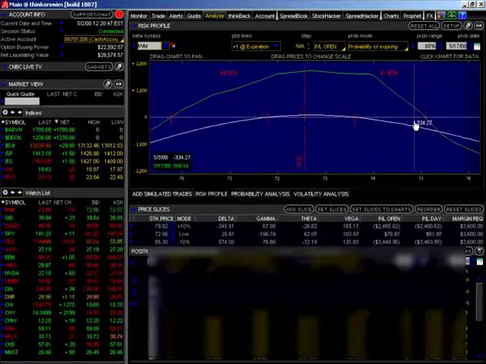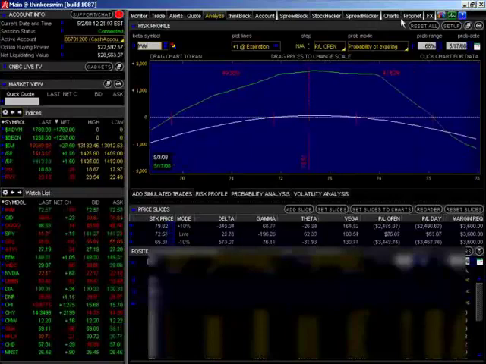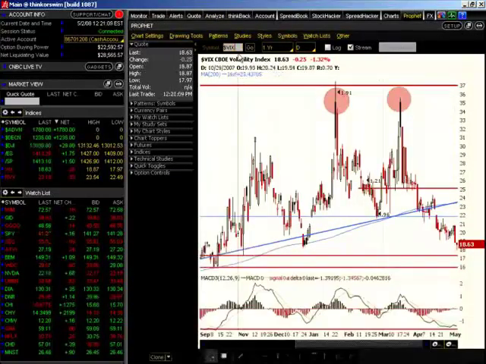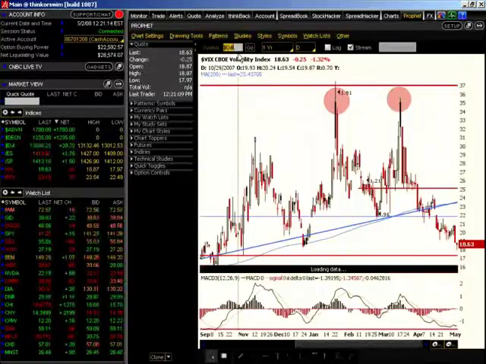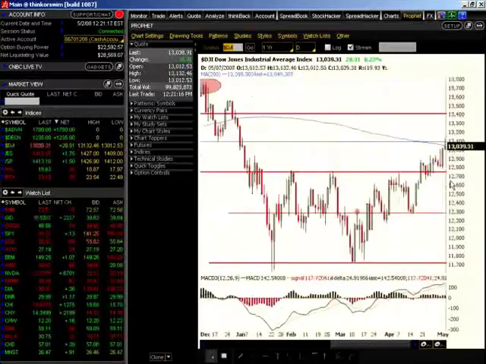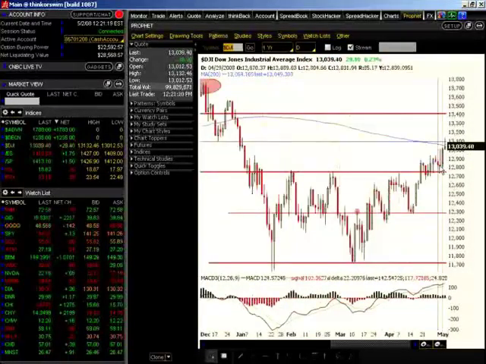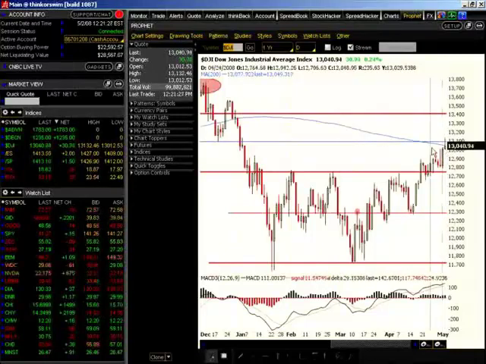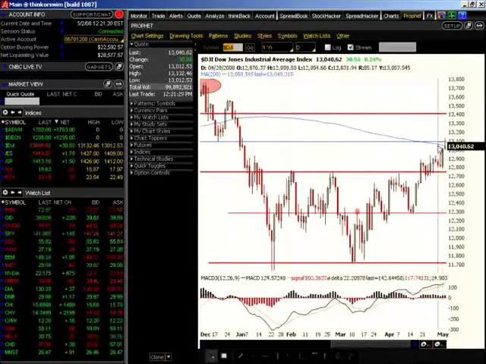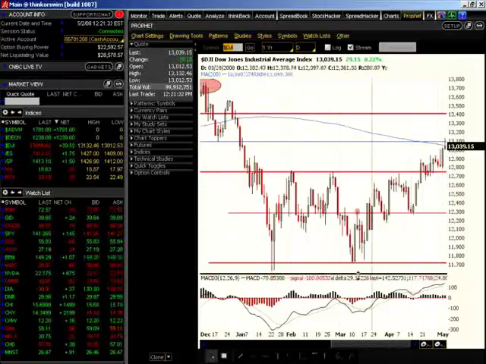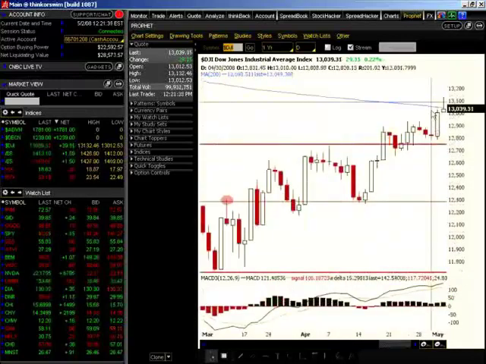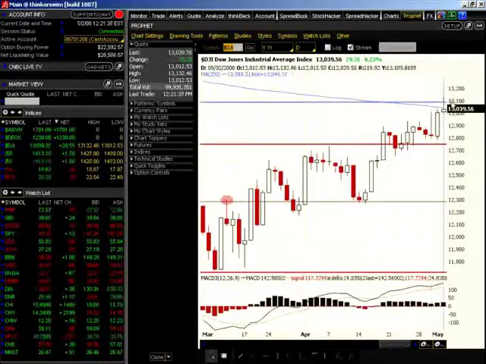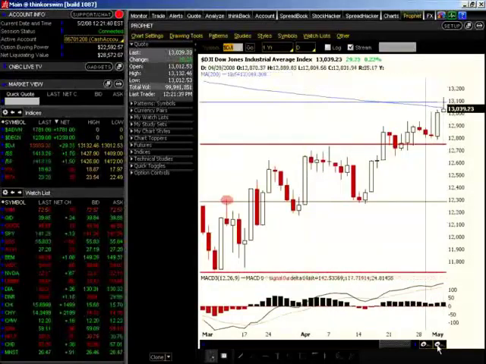The fourth risk that I want to talk about is over-trading or over-adjusting. If we take a look at a current chart of the Dow Jones Industrial Average, you'll see that yesterday we had an extremely large run up in prices. In fact, they were up almost $200 yesterday. Today they were up another $115, but now they've backed down quite a bit. In fact, they backed down to the point where it's below this 200-day moving average, which we had kind of determined to be somewhat of a resistance point, as well as the 13,100 level.